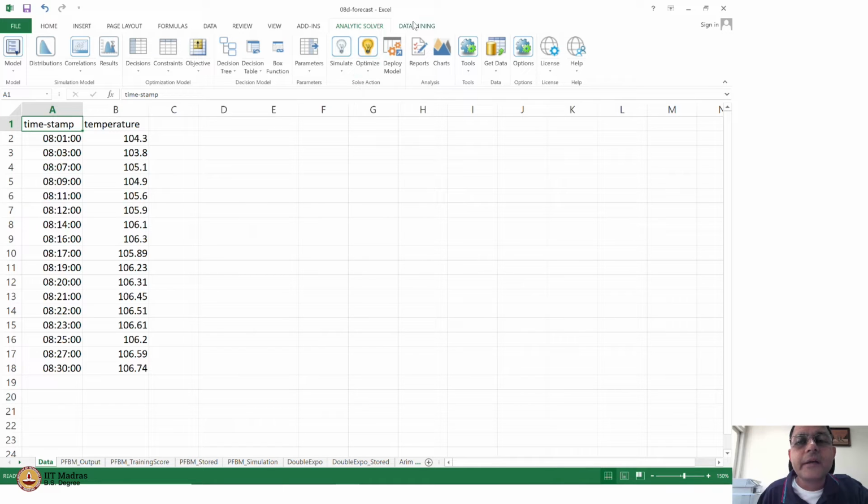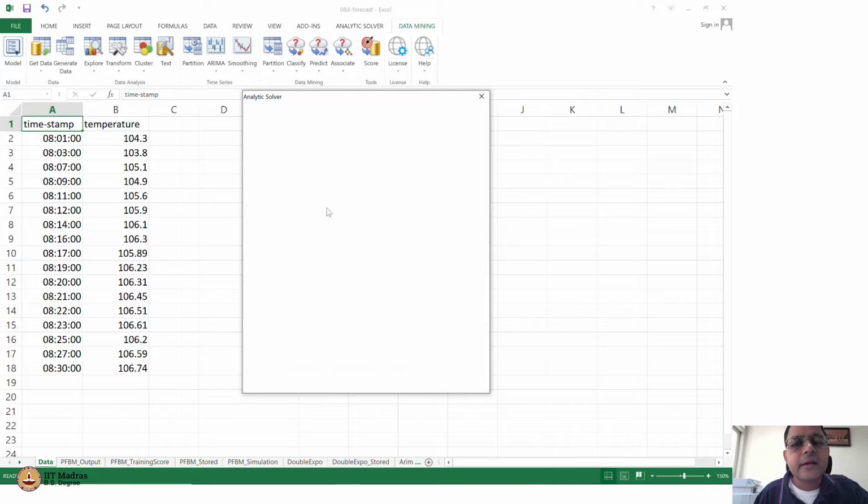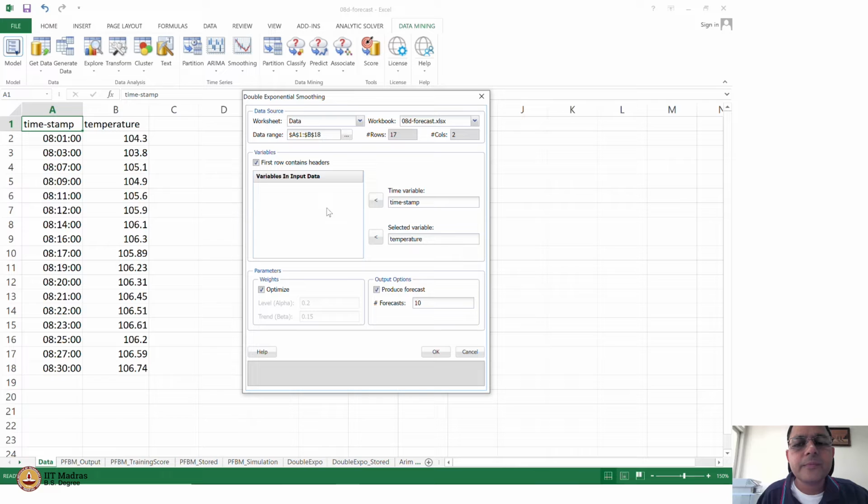So in Data Mining, I can go to Smoothing, I can go to Double Exponential. And I can select. I will show you the dialog box. It's already done. Timestamp is the time variable, temperature is the selected variable. All the other options can be checked. And once I hit this OK button,